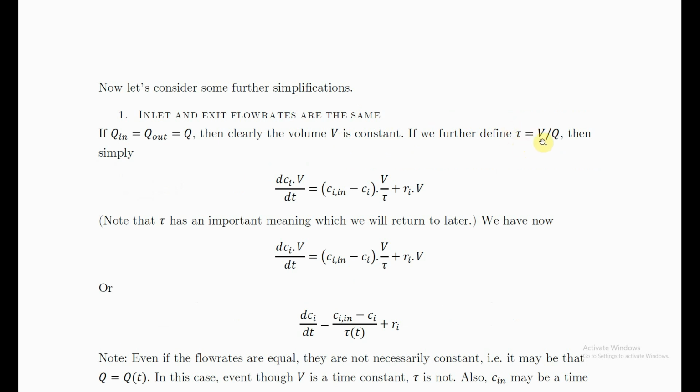Then we introduce this definition. We are going to say tau equals V over Q, the volume of the reactor divided by the volumetric flow rate. And this tau has a lot of meaning, which we'll discuss later. But for now, let's just take it as a definition. There's nothing to stop us just deciding to make a new variable to say that's the ratio of volume to flow rate. So V over Q is tau. And so if we stick all that in, going back to our balance,